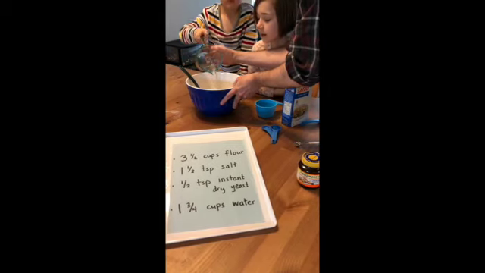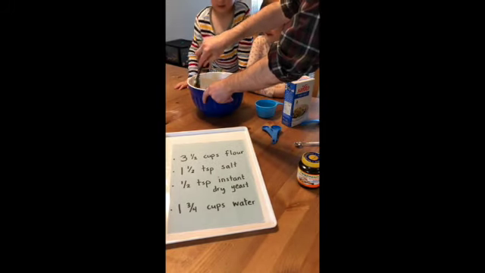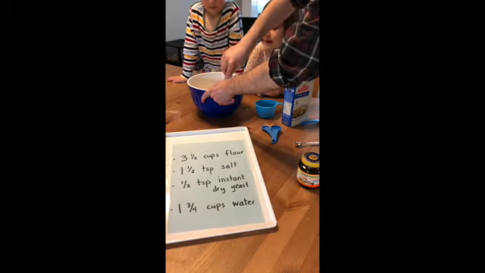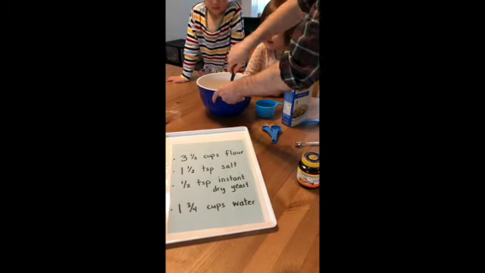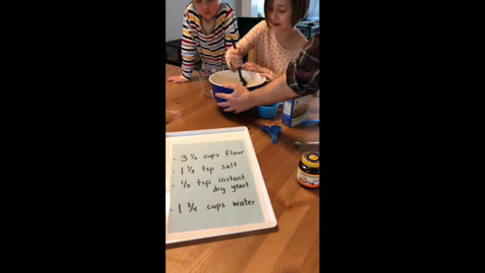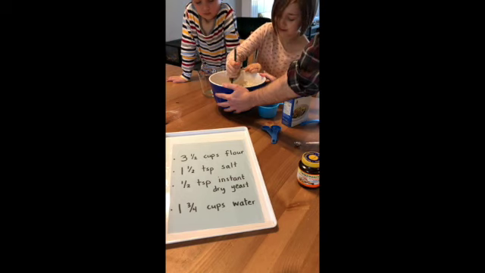Now it's looking a little bit like pancake batter. Can I stir? I'm just gonna get it started. You can each get a turn to stir. I don't want it to spill out. Nora, you take a bit of a stir, and then Max can do a bit of a stir. Dad, it's looking like a little bit of pancake batter. Yeah, it does. It's gonna be quite a wet dough to start,